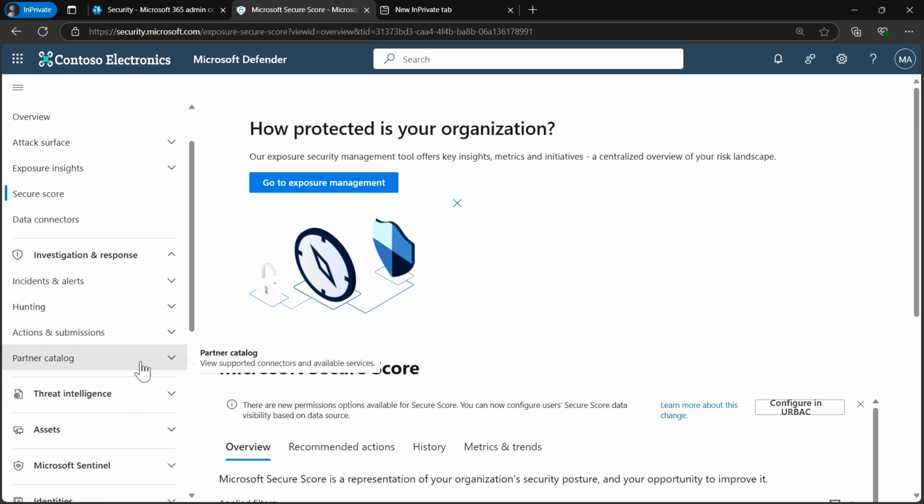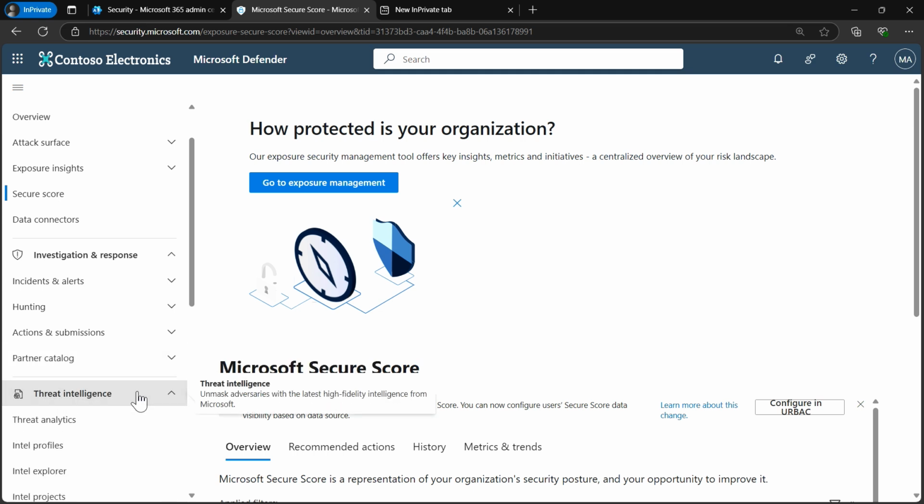Also, we have a pattern catalog, and this lists supported technology patterns and professional services that can help enhance the detection, investigation, and threat intelligence capabilities of your platform.